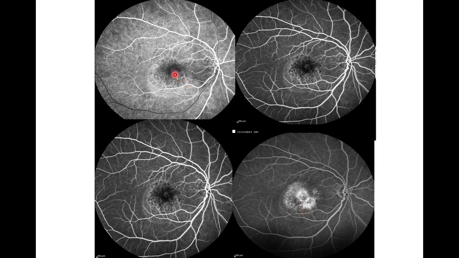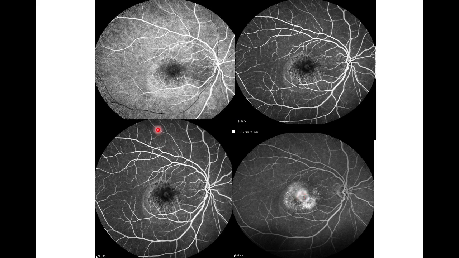Next, we can see the hyperfluorescence here in the fovea, which gradually increases in intensity and size. We can see the hyperfluorescence here, here, here, and here. This is suggestive of leakage. Understood? Each and every term is very important. Leakage is due to the break in the inner blood retinal barrier. That is a leakage from the blood vessel. So we should remember that it is leaking from the blood vessel.